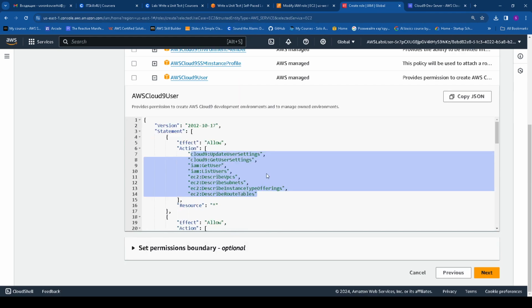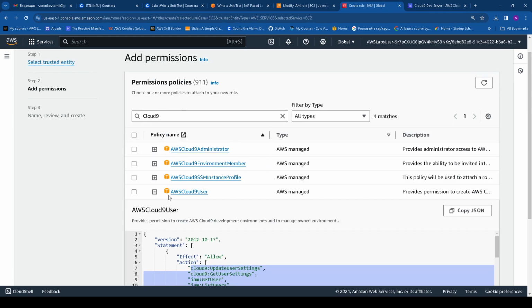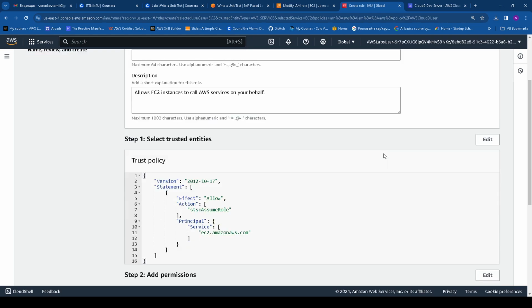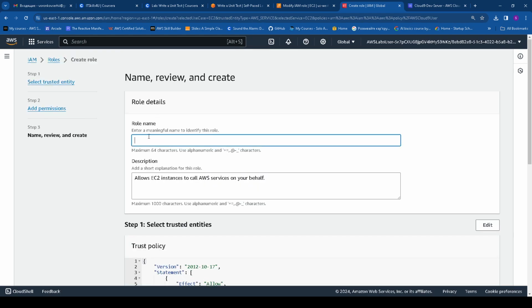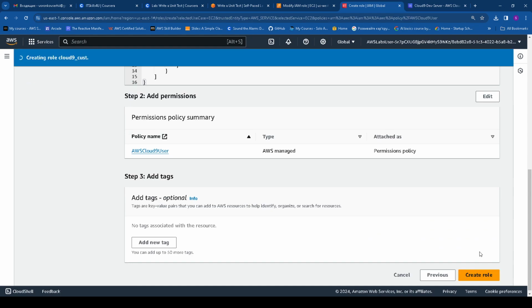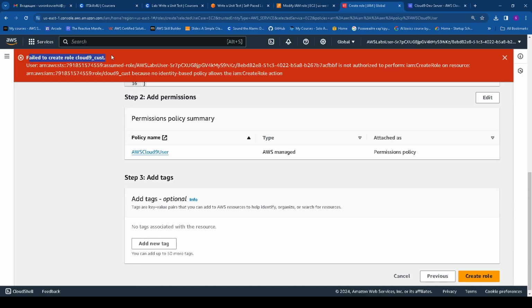So you can choose your role. For this example, I use Cloud9 user, name it Cloud9 custom, and let's create, but